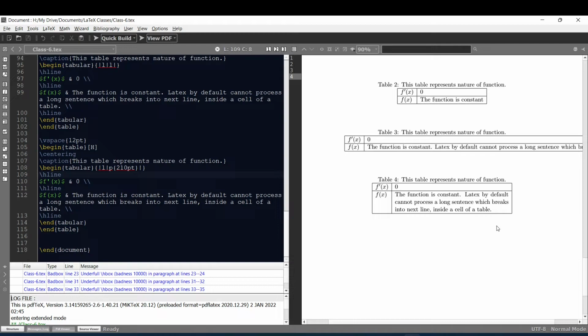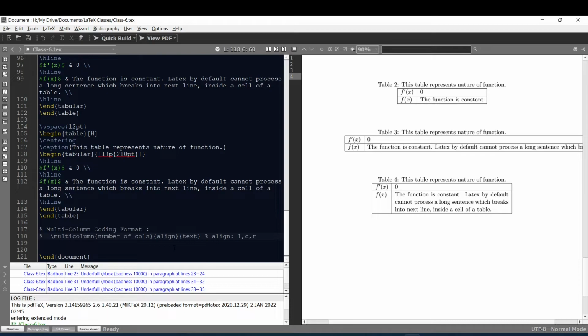First, let me write the code for multiple column merging. So here the code is \multicolumn. In the first curly bracket we write the number of columns, in the second curly bracket we write the alignment, that is whether it is left justified, center justified or right justified, and in the final curly bracket we write what the merged column contains.